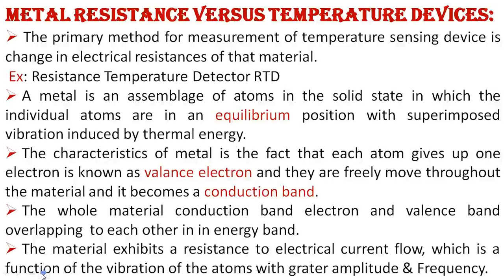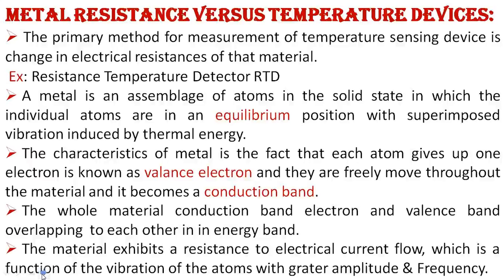The characteristic of metal is the fact that each atom gives up one electron, known as a valence electron, and they move freely throughout the material and it becomes a conduction band. In the whole material, the conduction band and valence band overlap each other in the energy band of metal. The material exhibits a resistance to electrical current flow which is a function of the vibration of atoms with greater